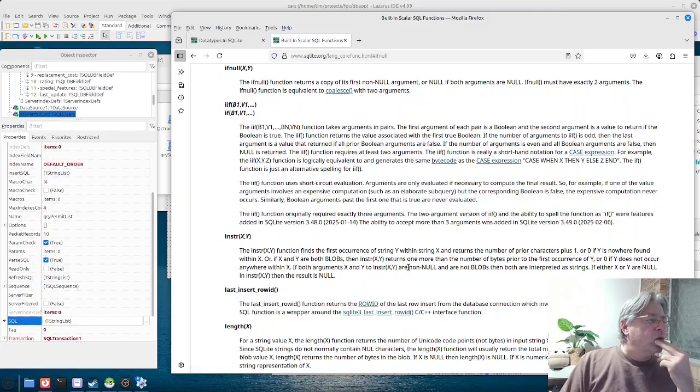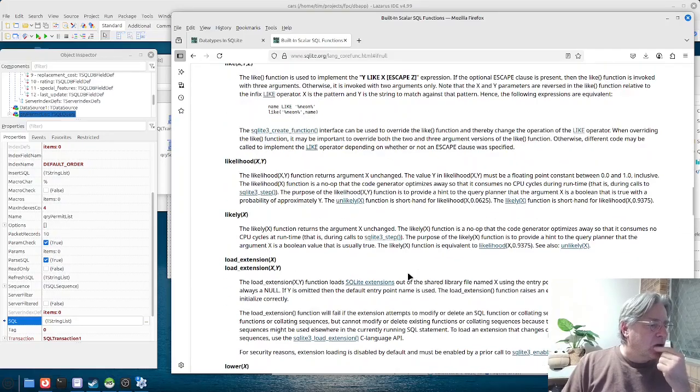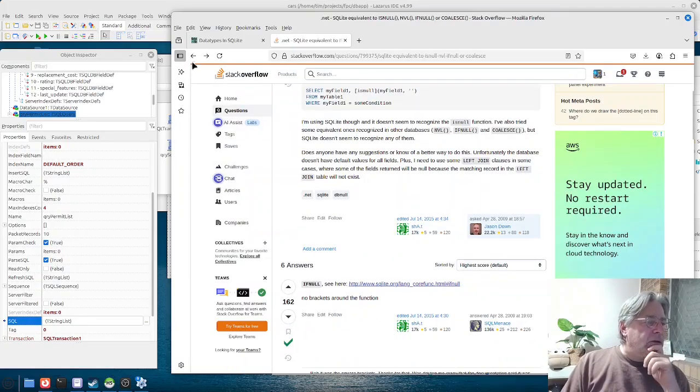if null, return the copier, or null if both arguments are nil. If null, must have exactly 2 arguments. If null is equivalent to coalesce with 2 arguments. If null field, I'm thinking it's going to be if null. Okay, is there an example? Nope. Let us